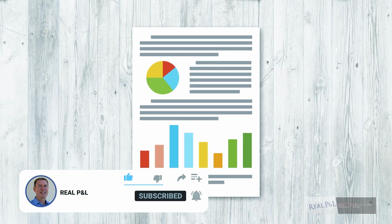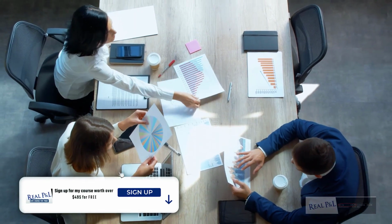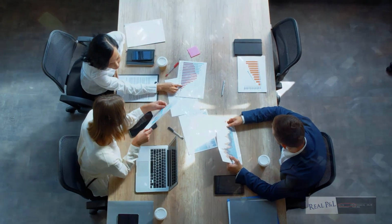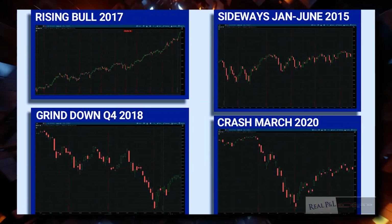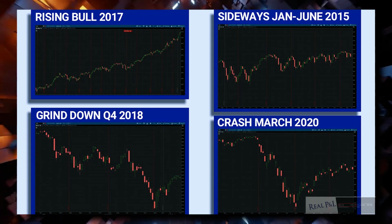a good trading system. The most efficient way to backtest and eliminate a potential trading system is to take it through the toughest test periods first. If it can survive the tough test periods, then it's worth backtesting over a longer time period. The first thing I do when backtesting is take the system through all four market types to see if it survives. If the system can survive these markets, then it may be a viable trading system and worth further testing